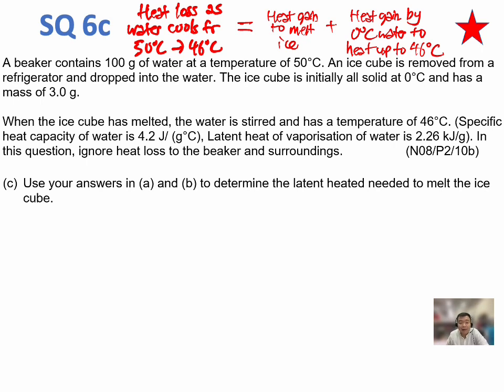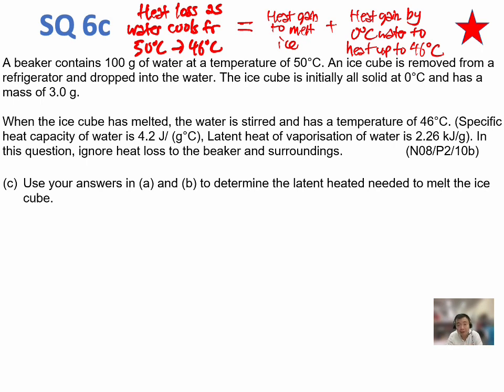Now, if you look at the top, that is a conservation of energy equation, which is what I mentioned just now. Essentially, the hotter object actually loses thermal energy and gives away this thermal energy to the colder object. So the hotter object in this case is the 50 degrees Celsius water, and as it cools down to the final temperature of 46 degrees Celsius, it gives out this thermal energy. It gives away this thermal energy to the right hand side of the equation,